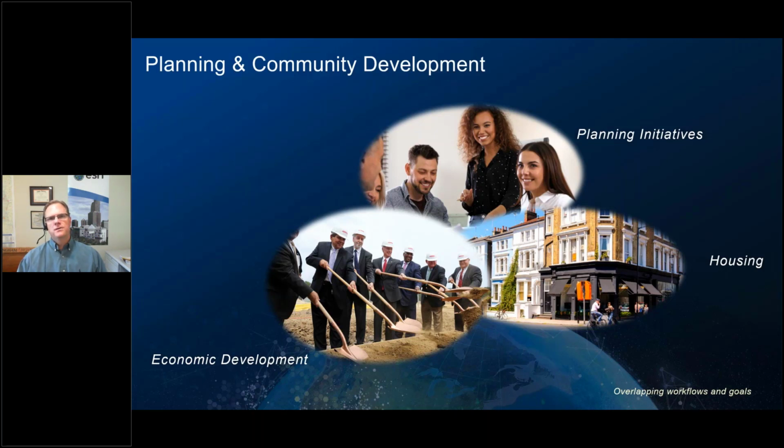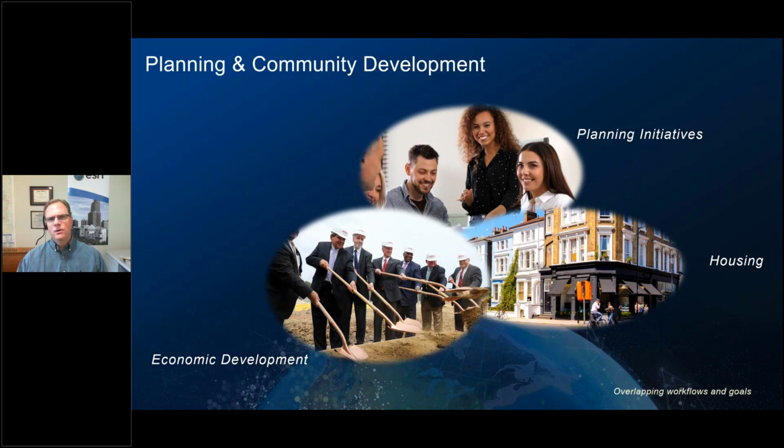We're also focusing a lot on housing. And of course, that is intricately tied to planning. And you don't need me to go through all the housing issues that have been going on, especially over the last year and a half. Housing shortage that exists, the demand, the prices, and the way that it's almost precluding affordable housing in a lot of neighborhoods. And then we'll also talk about and focus on economic development, both from a business retention and expansion standpoint, as well as business recruitment.